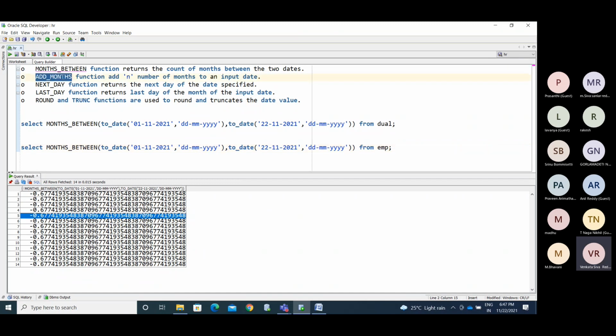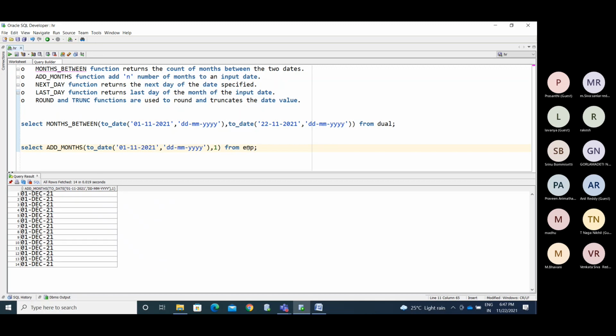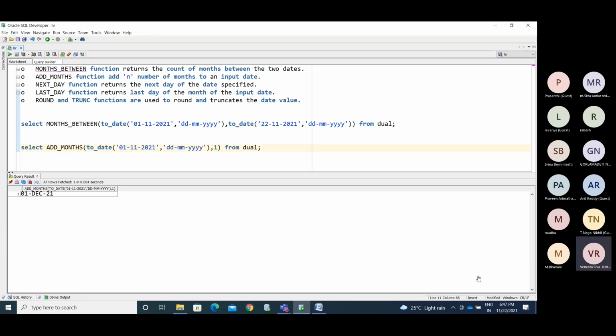ADD_MONTHS. Okay, so now I'm adding with the ADD_MONTHS on the dual table.